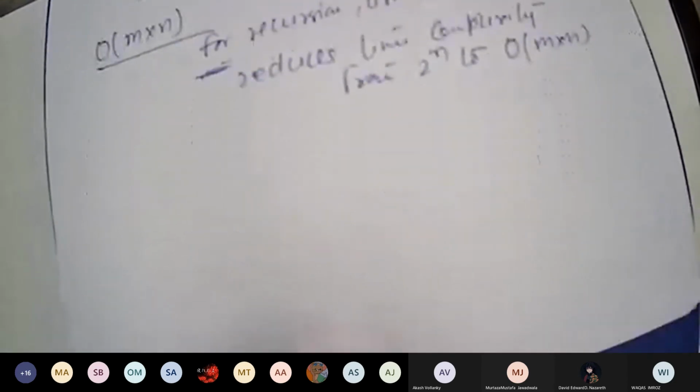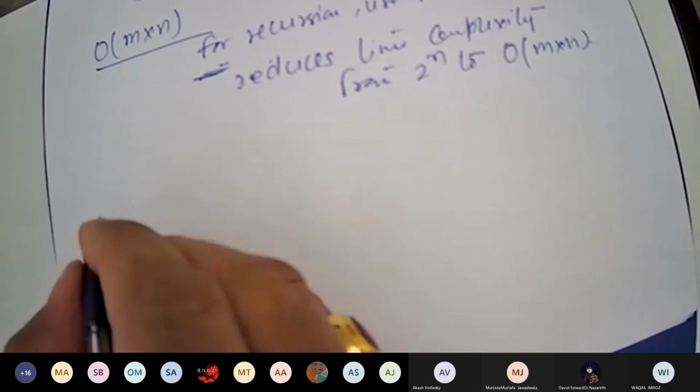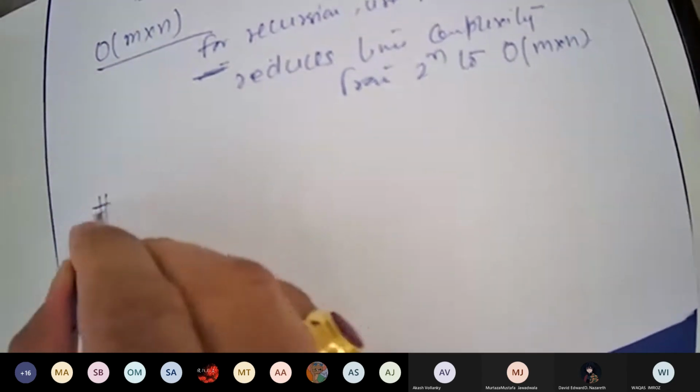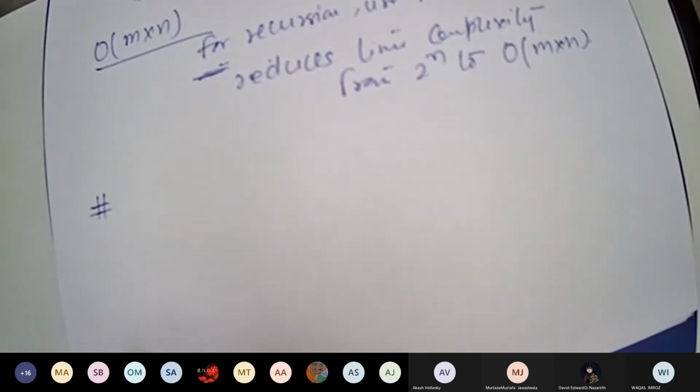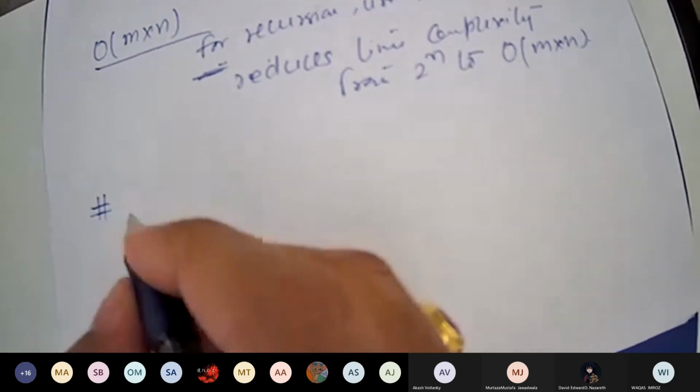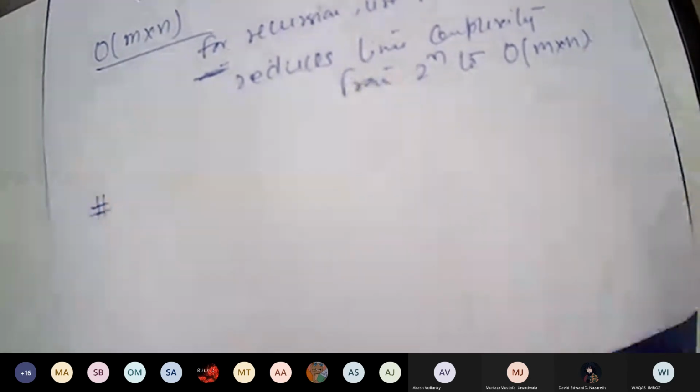Now, two more points I will be writing here, which we just did, but the points you should note down so that you remember. Since the value of 1, 2 is already in the table, there is no need to calculate on the right side that we have done.